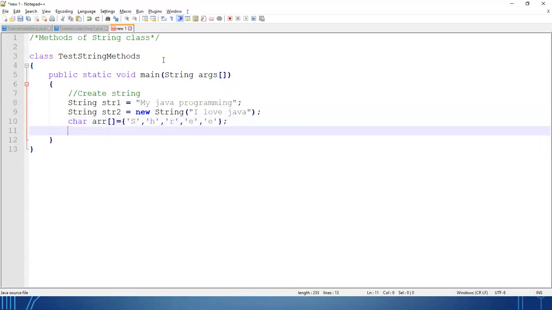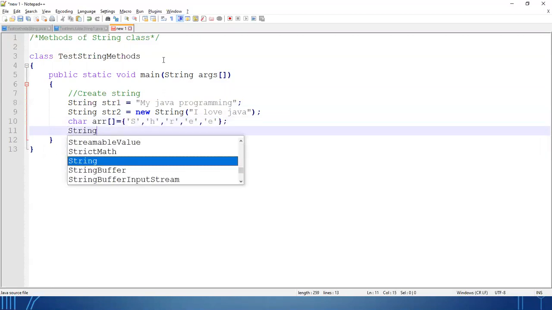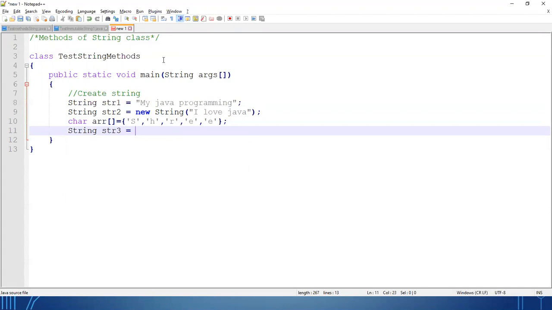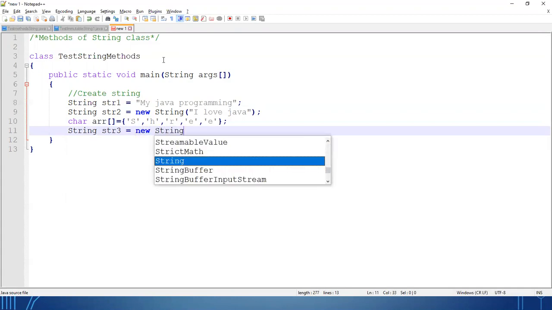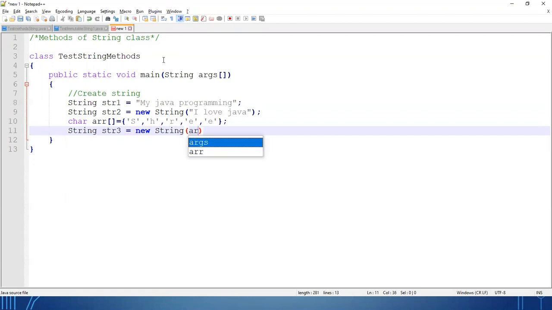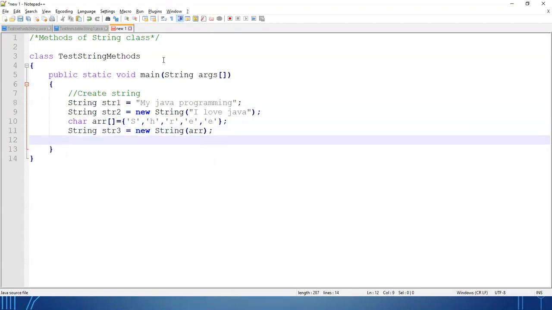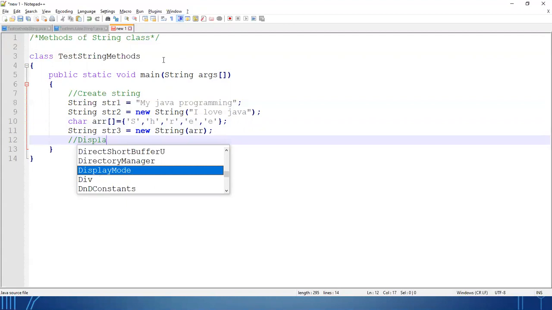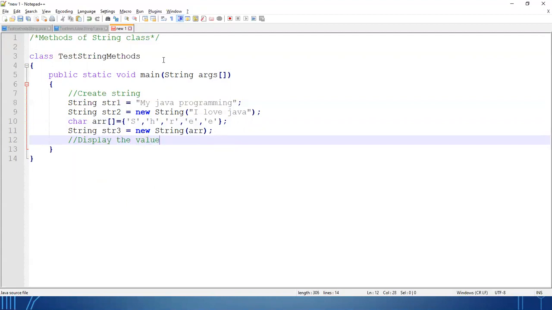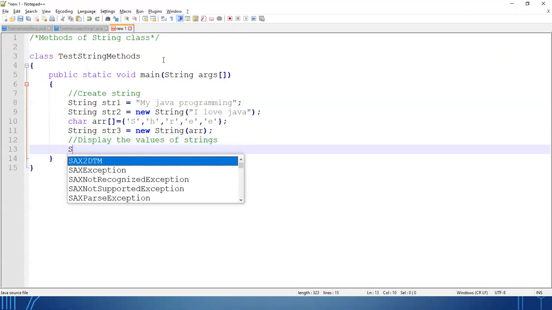Now let's convert to a third string also. So we'll display the values.